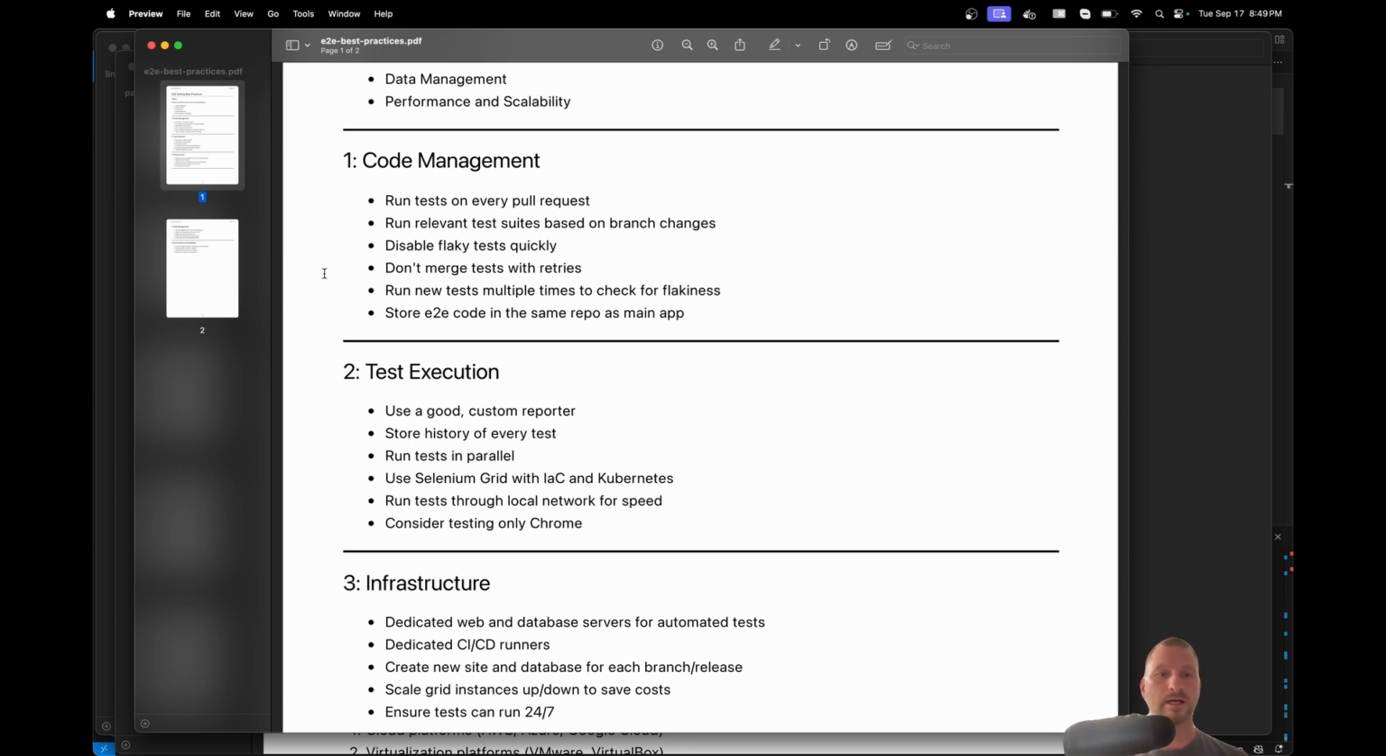All right, let's go down. We're going to say don't merge tests with retries. If you're creating test cases that are going to be merged, don't allow those to get introduced with retries. You want to prevent any type of flakiness before it even gets merged. So if a test that's being introduced has retries, you need to fail it back